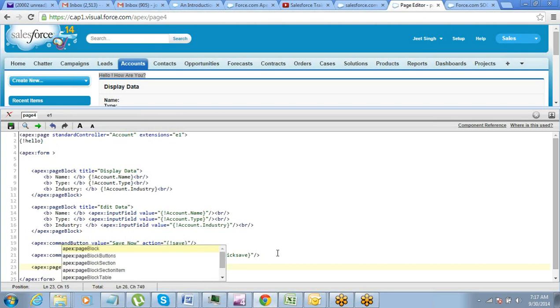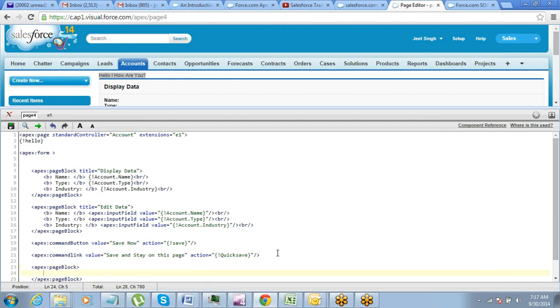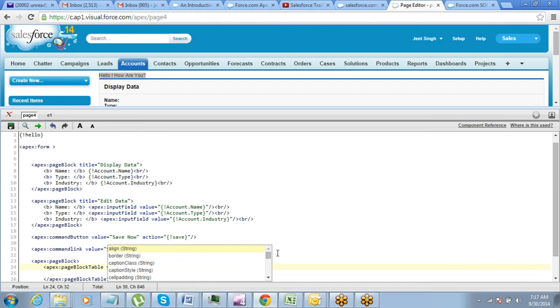Apex page block, Apex page block table. Value can be